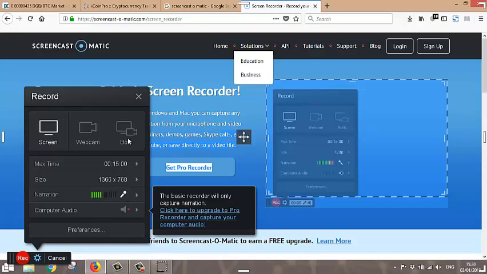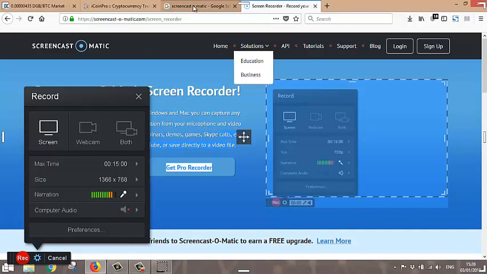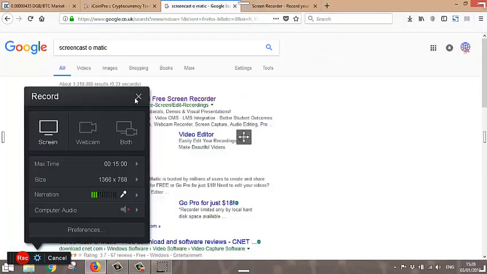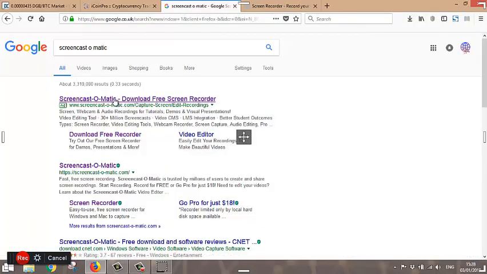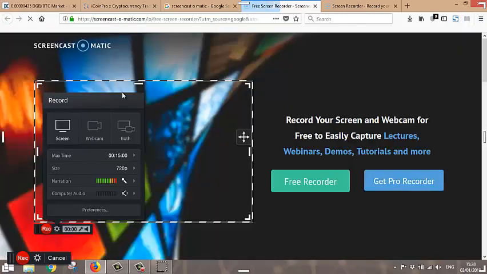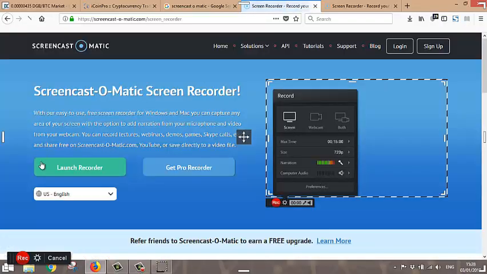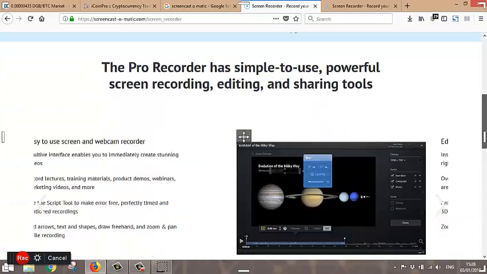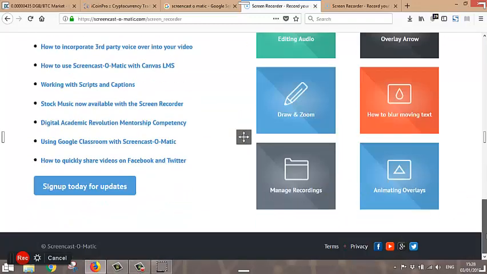So again, you go to Screencast-o-matic. Let's close that for a minute. Go to Screencast-o-matic in Google, click on the first link. It will take you through to this page. Click on Free Recorder. Click on Launch Recorder. That simple, very, very simple, very quick, very simple. Okay, as I say, the